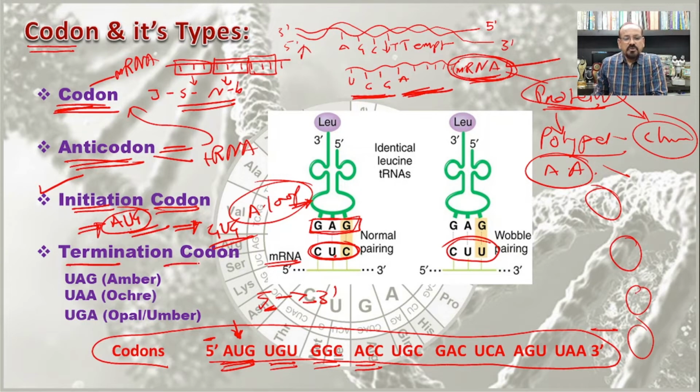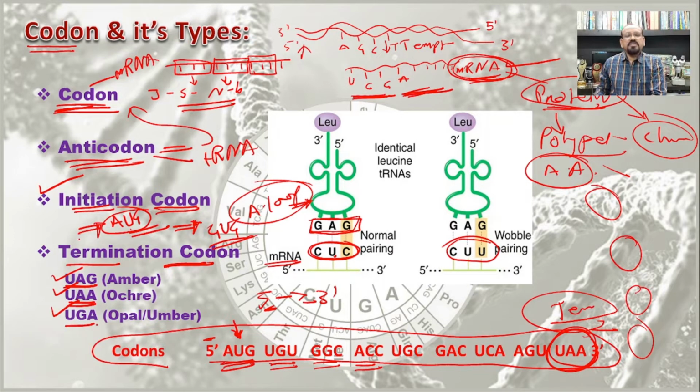Then the termination codon. Termination codon means the codon which is responsible for the termination of protein synthesis or translation. For example, here there is a UAA, which is a termination codon, because there is no tRNA which is complementary to these termination codons. There are 3 termination codons, that is UAG, UAA,